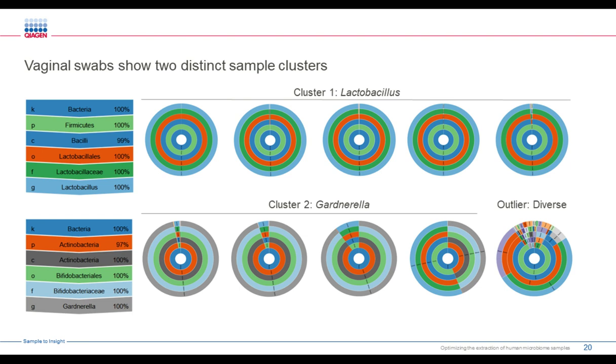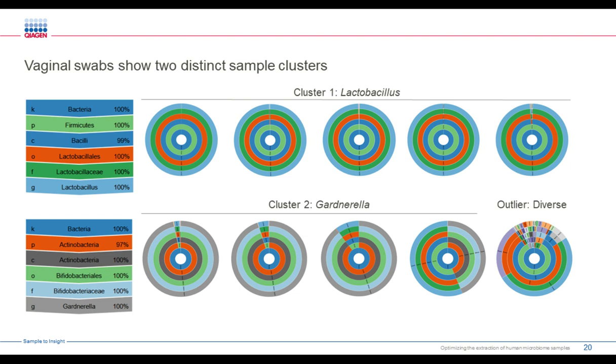Now, the next set of samples was also interesting. These were vaginal swabs, and these showed a completely different pattern. They showed two very strong clusters. The first cluster was completely dominated by Lactobacillus, and this is completely expected. That's the normal vaginal flora, and generally the healthy vaginal flora should be dominated by Lactobacillus in order to maintain the correct environment. And as long as that's the case, it prevents